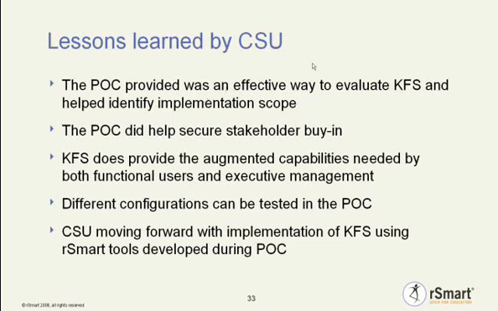So the lessons learned at CSU. The proof of concept provided was an effective way to evaluate KFS and help identifying implementation scope. The proof of concept did help secure stakeholder buy-in with